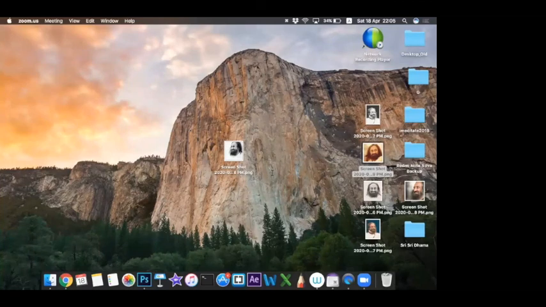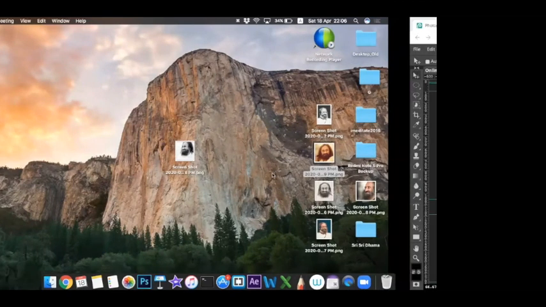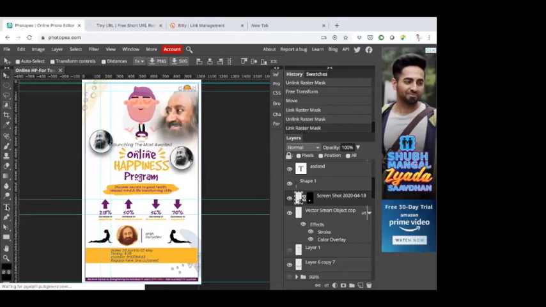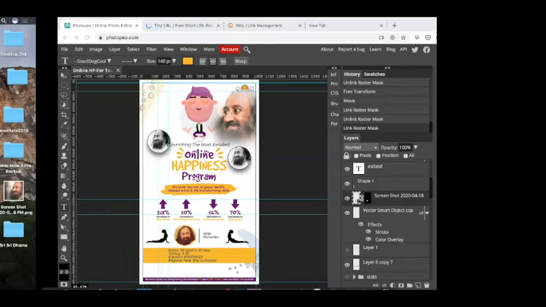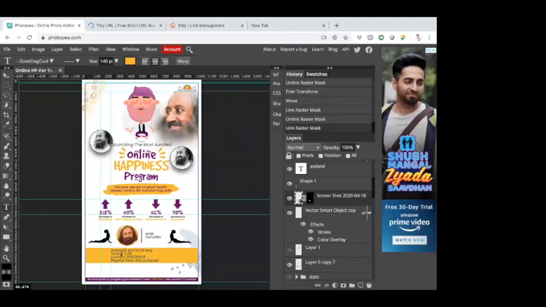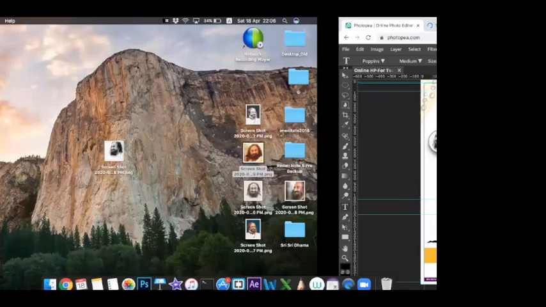Pratik Bhaiya, I think for changing the text, you have to click on the type tool and then click on top of a text layer. When you click on the text layer, you will see an underline coming. Are you able to do that?